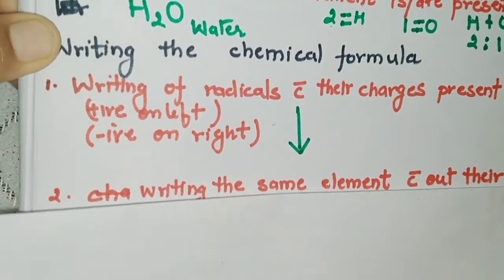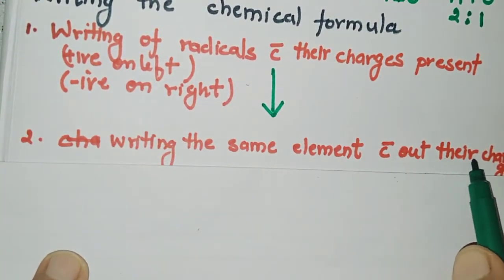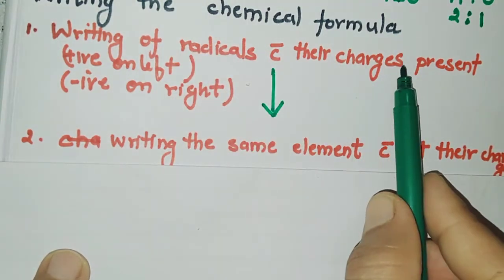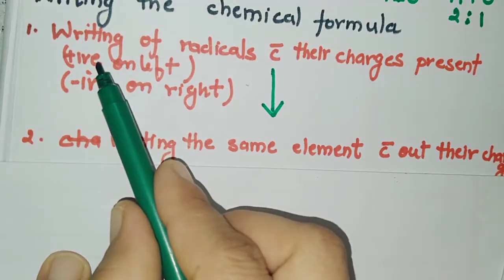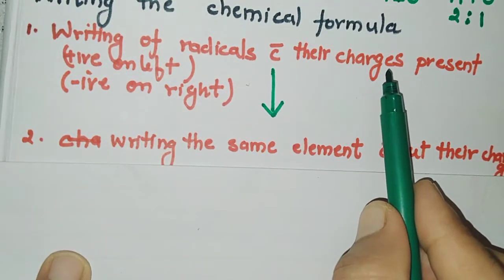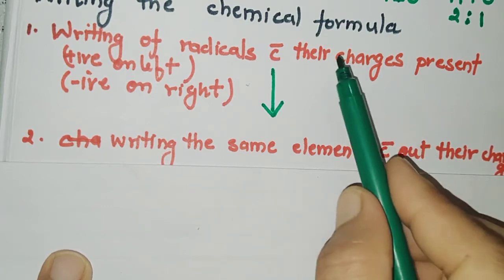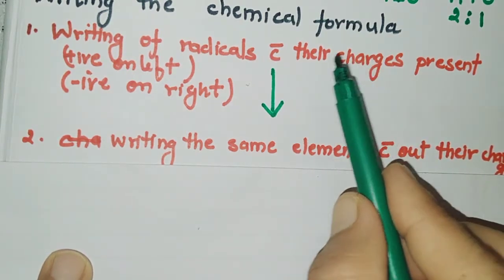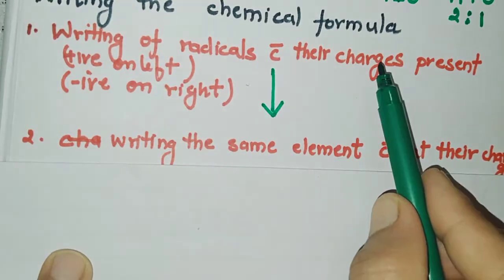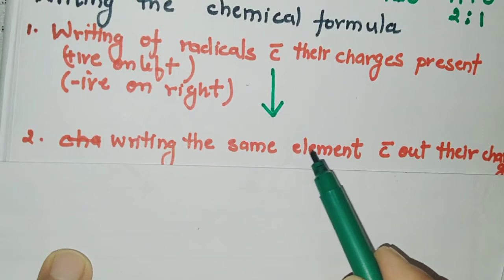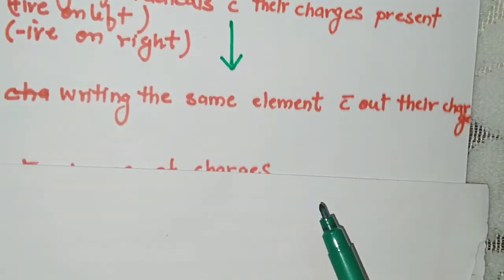Then the second step will be writing the same elements without their charge. जो एलिमेंट हमने इस वाले पॉइंट में लिखे थे, लेफ्ट पॉजिटिव वाला इस साइड और नेगेटिव आयन इस साइड, उन्हीं को हम दोबारा से लिखेंगे बट विदाउट चार्ज. सी व्हाट इज द डिफरेंस हियर? Here we are writing the positive element or positive radical with charge, and in this point we are writing the same element without the charge.